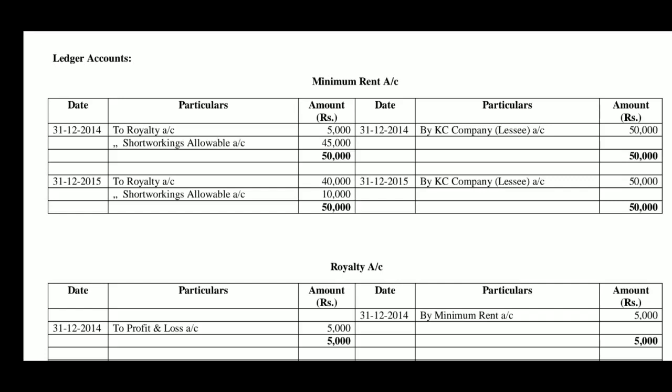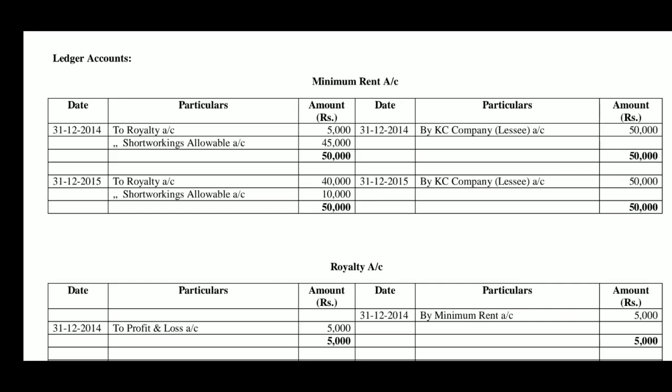In the second year 2015, again when minimum rent was due from the lessee, the same entry was passed. That is, with the amount of minimum rent, lessee's account is debited, minimum rent account is credited. So, minimum rent account credited by KC company, that is lessee's account, 50,000. When it is transferred to royalty, the entry is minimum rent account debtor to royalty account 40,000, to short workings allowable account 10,000, totally 50,000. And in the third year, fourth year and fifth year, that is 2016, 17 and 18,